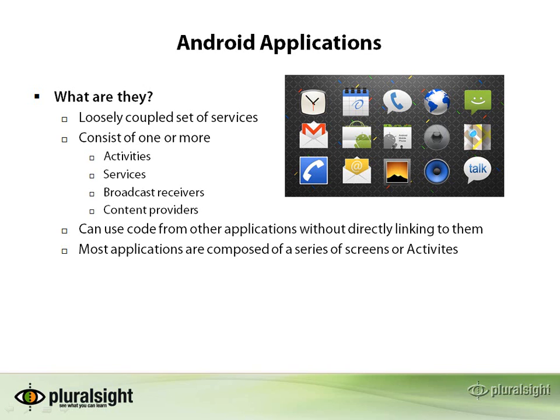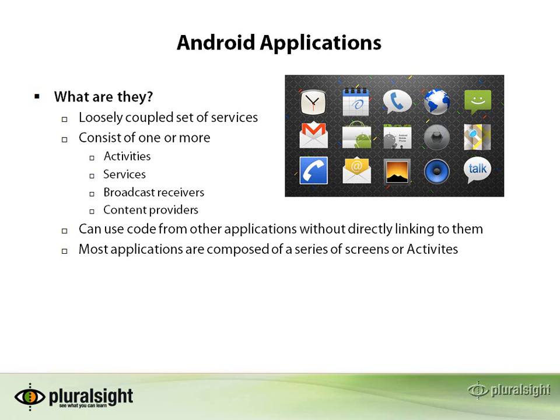So let's take a look at Android applications and what makes them different. Basically, they're not like normal applications. They're really a loosely coupled set of services. An application in Android really is nothing more than a set of different services that are bundled together and distributed together. Applications can basically consist of one or more of activities, which are screens, services, which are like Windows services